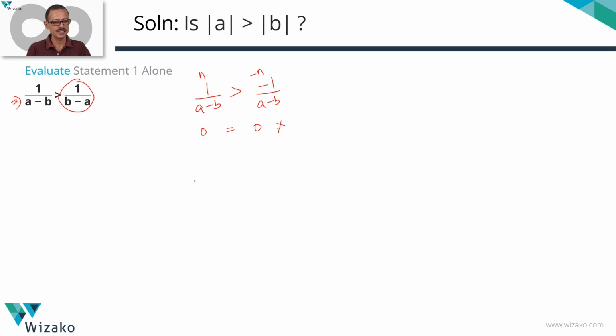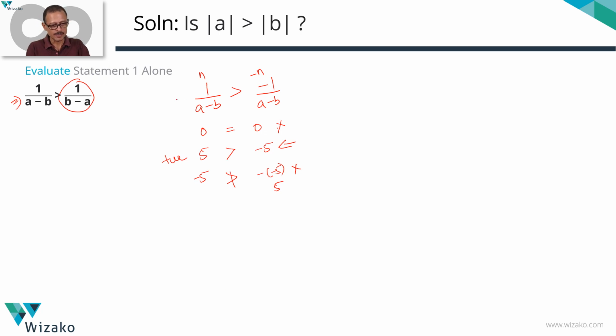Let's look at a positive number. 5 is a positive number. The negative of that is minus 5. Is n greater than minus n? Yes. So for positive numbers, it seems to work. Let's check whether it will work for negative numbers. If n is minus 5, minus n is going to be minus of minus 5, which is plus 5. In this case, n is not greater than the negative of n; n is actually less than the negative of n. So it works only in one scenario, when n is positive.